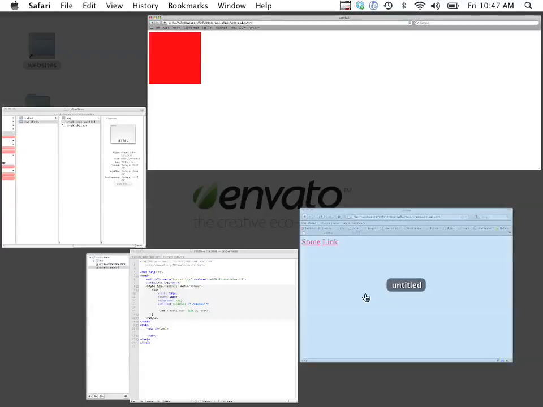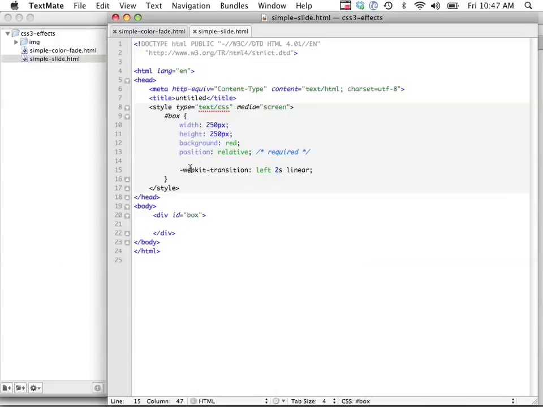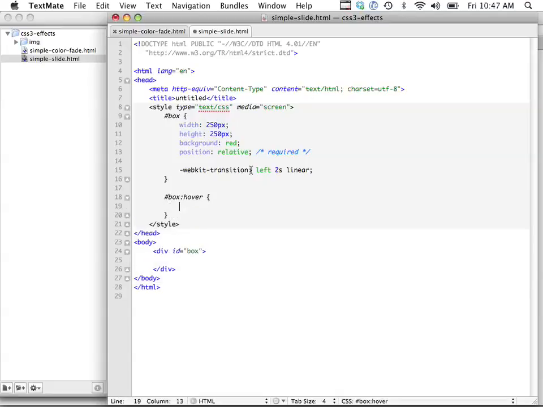And if I hover over it, nothing happens. And that's because, once again, you need to remember, usually when you first get started, this can kind of confuse you. Well, why is it not working? Well, first, we haven't told it how much are we going to slide. And second, we haven't actually triggered the animation. So we're going to trigger it once again on the hover. And remember, we're applying hover to an element other than an anchor tag, which is only supported in modern browsers. We're going to do left,